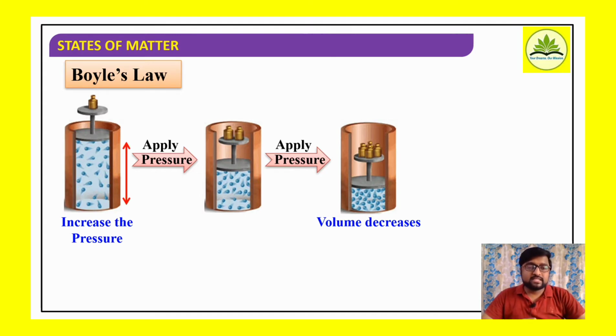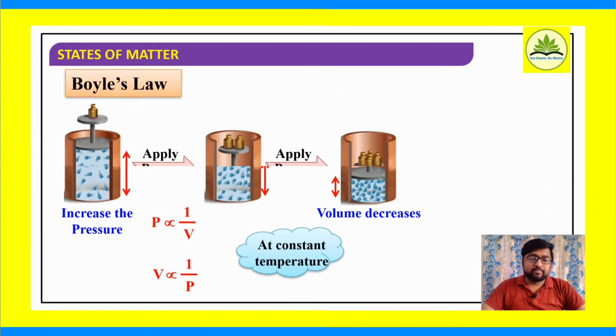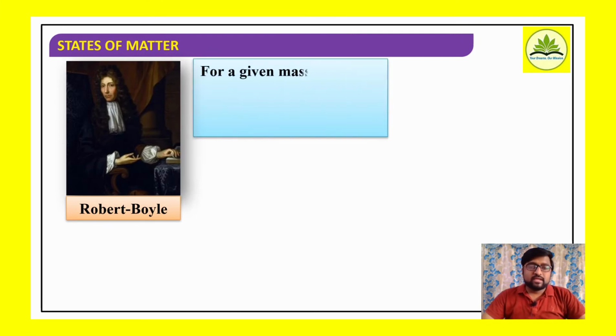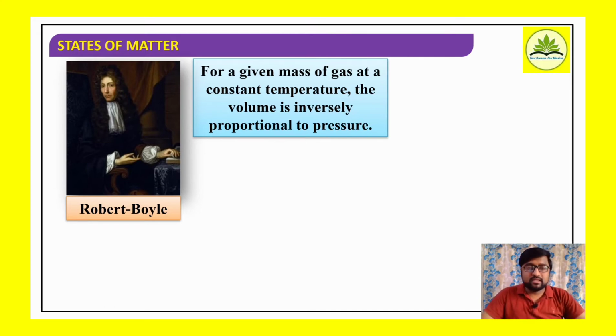A scientist named Robert Boyle gave the relationship between pressure and volume mathematically. So how are they related? The pressure of a gas is inversely proportional to its volume, or vice versa, the volume of a gas is inversely proportional to its pressure at a constant temperature. So this is the statement of Boyle's law: for any given mass of a gas at a constant temperature, the volume is inversely proportional to